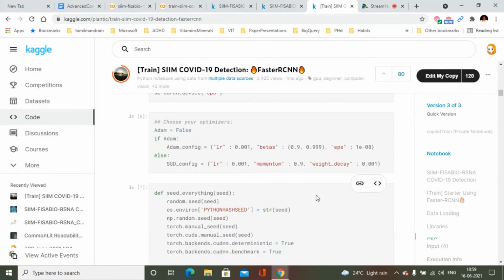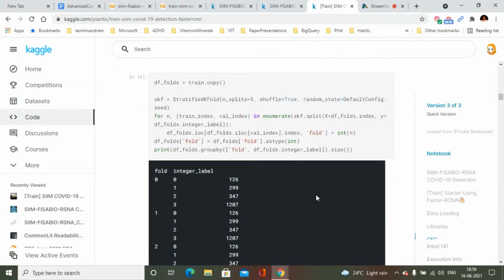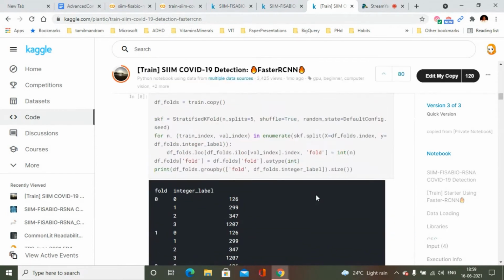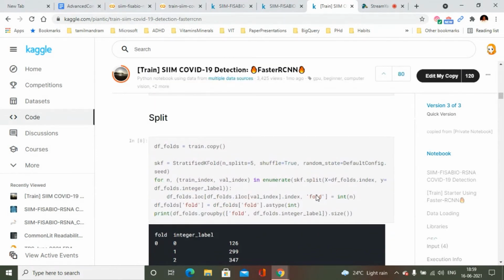So this is a bit of a complex walkthrough of code. The rest of the code is going to be a little bit complex for beginners to follow, but don't get overwhelmed. If you're very new to computer vision, you might find it overwhelming. But somebody who's an intermediate or advanced person in computer vision might be easily able to follow it.